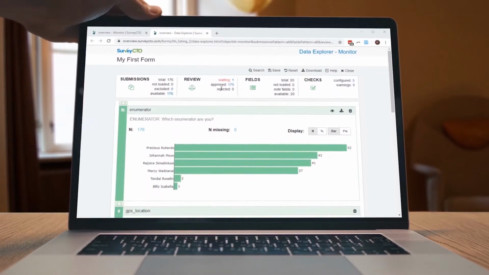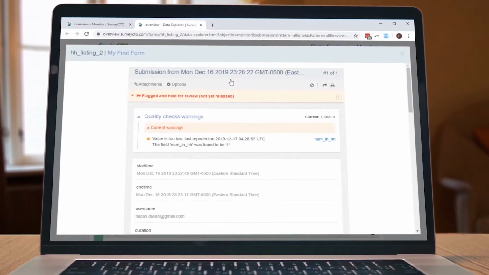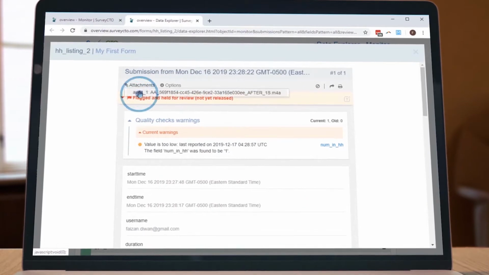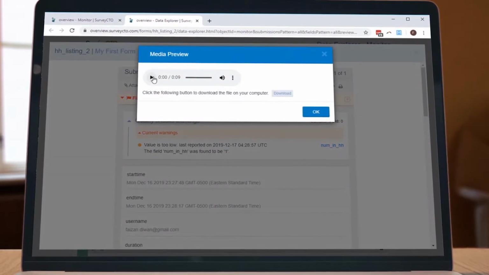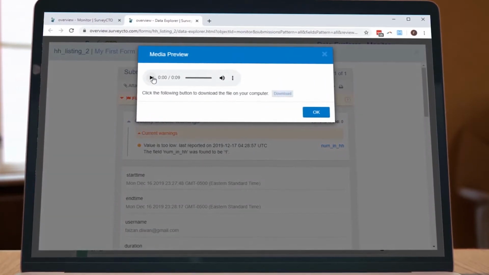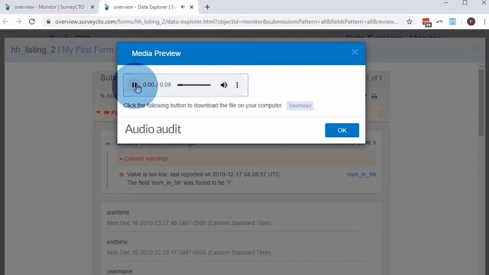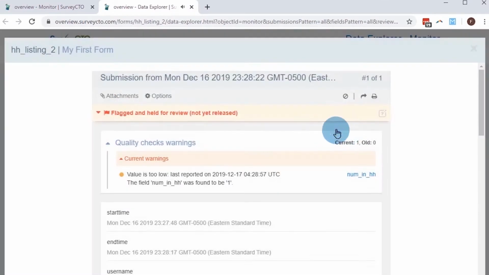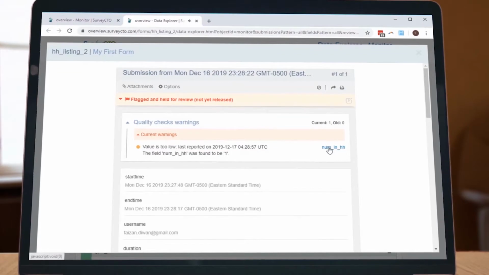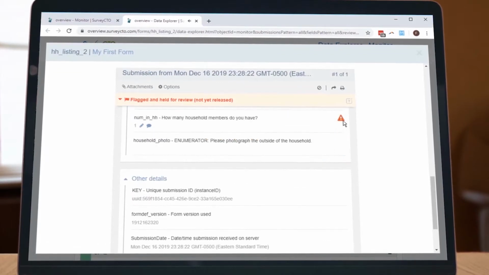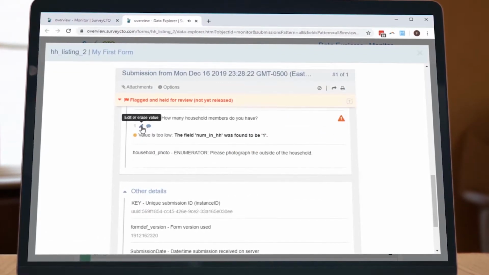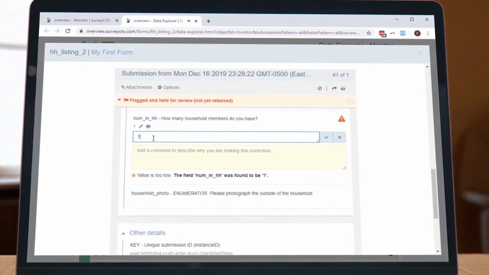For example, you may be worried about human error in your data that can introduce bias and lead to inaccurate results. Enumerators, after all, have a hard job. SurveyCTO has a suite of quality control features that let you automatically sift through thousands of surveys, flag errors, and make corrections. We've built quality control best practices into the technology.